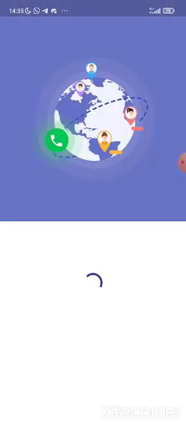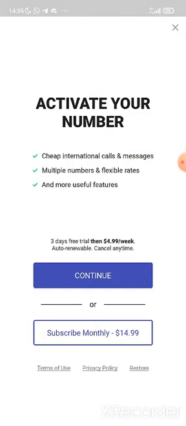So just next, you could see activate your phone number, cheap international call and messages, multiple number and flexible rate, and more useful features. 3-day free trial, then 4.99 per week. Auto renewal, cancel anytime. So you could see if you want it monthly, that's 14.91. This one costs a little bit more than the first one, but it still makes sense. What makes me say it makes sense is that they are giving